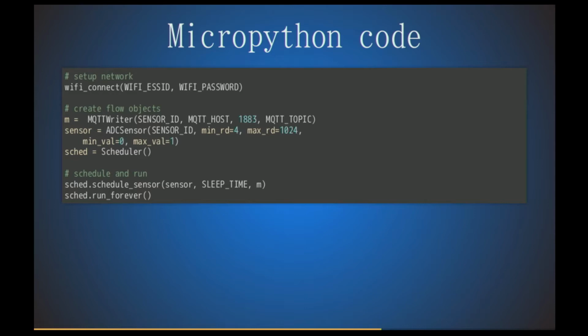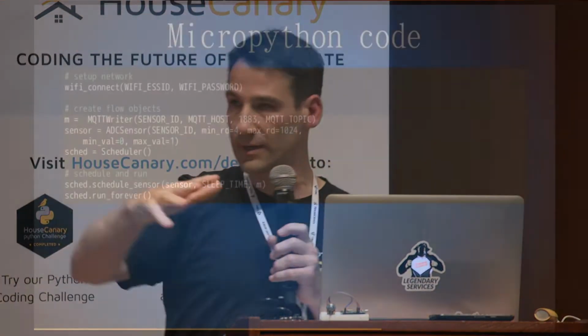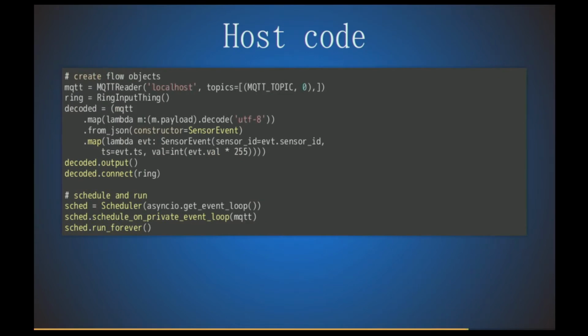MicroPython sends 0 to 1024. So I do a pre-conversion there, so I have the data normalized. And then I connect with the schedule sensor and send that through the MicroPython, and now is the workflow from the lower layers. Then it goes all the way back, gets to the socket into the computer. From the socket gets to the Mosquitto. The Mosquitto, I have a little workflow. So this is the Themis Flow